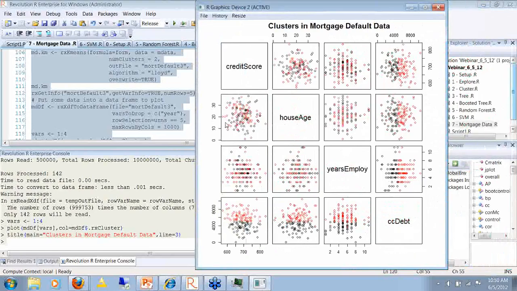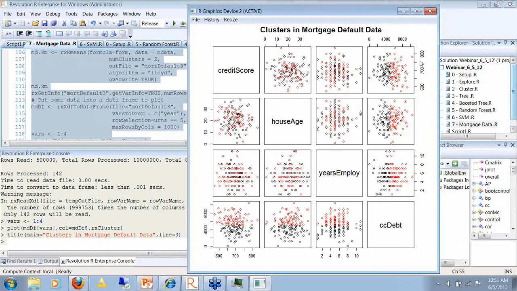But here you see I asked it for 2 classes. I'm plotting just a few of the variables just so we can see them really clearly. And you can see that the separation is starting to happen here. Some of these variables easily separate into 2 classes. So by doing this kind of analysis first, you could have some confidence that your prediction algorithm, maybe almost any prediction algorithm, would have some success.